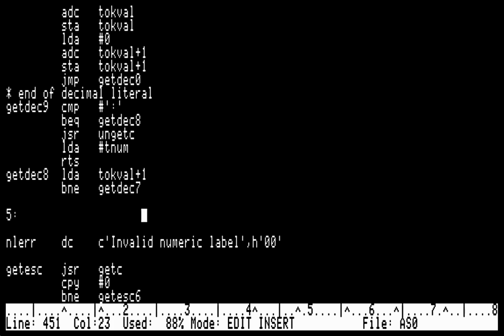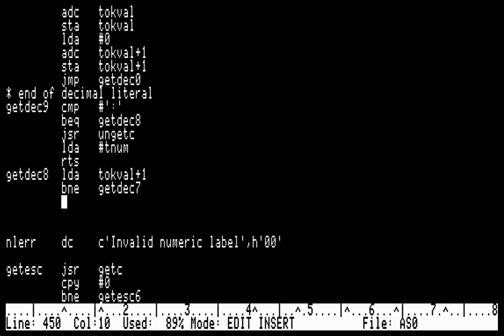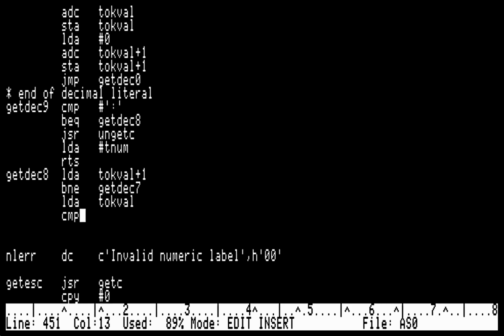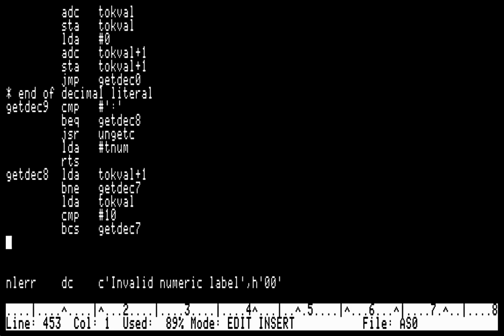And this was just a demonstration, I don't need that there. If it's equal to 0, then I still need to check the low byte of tokeval and compare that to a 10. If it is greater than or equal to 10, then it's going to be an error, an invalid numeric label. Otherwise,